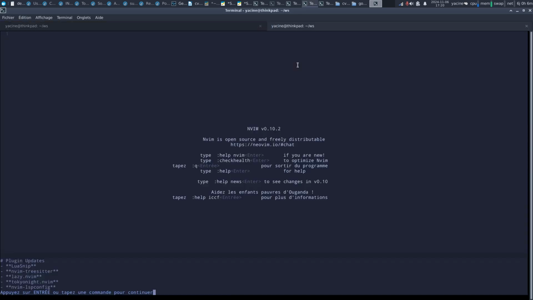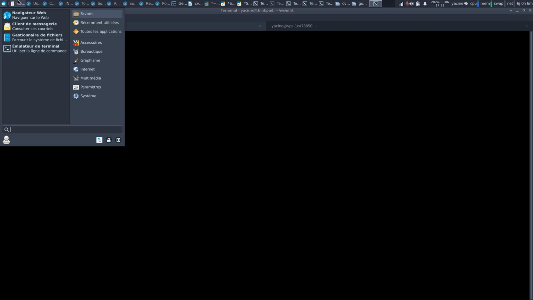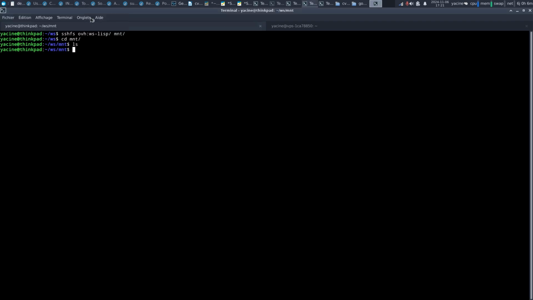So I'm going to use NeoVim. I'm going to use my VPS where I will store the code. And in order to use my Vim environment on a remote storage, I'm going to use SSHFS. And that's it. I'm also going to set up my GitHub repository for this project, and after that we are going to